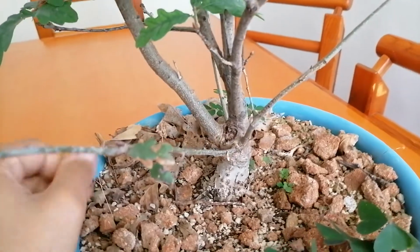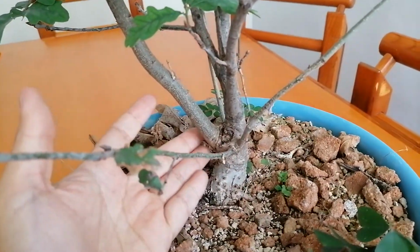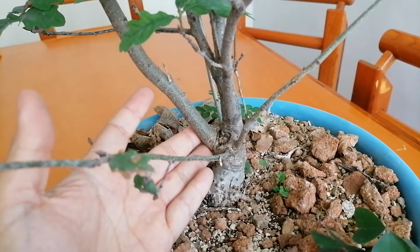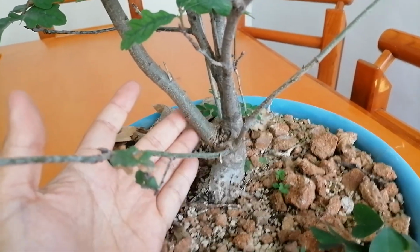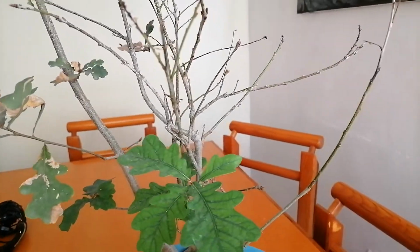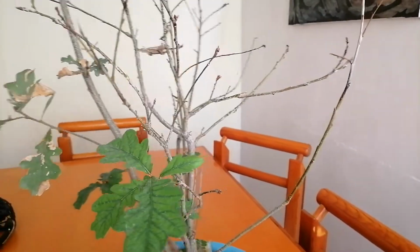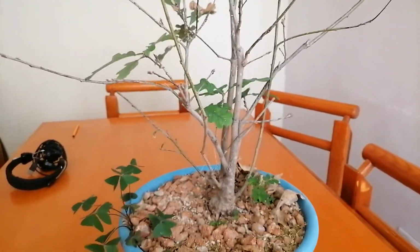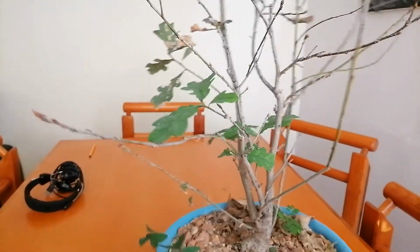Right now, as it is, I'm gonna have a pretty hard time trying to hide this or try to remove the remnants of it so that it looks kind of natural. So I think this is a very good time of the year, time in the development of the tree to completely remove it. Okay, so what I'm gonna do is I'm just gonna set the camera down, and I'm gonna